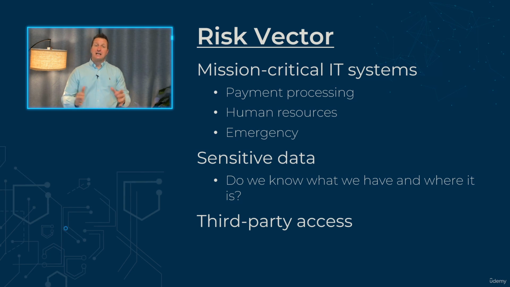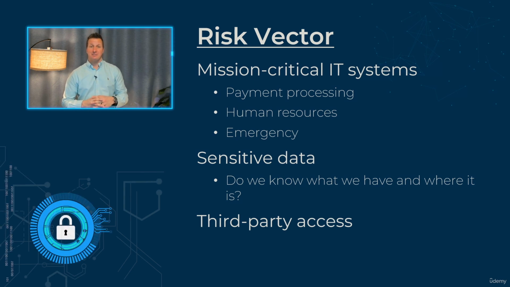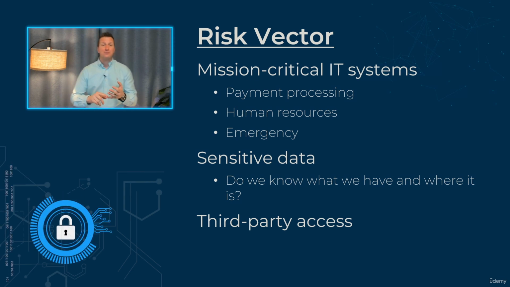An important part of risk management is understanding risk vectors. Think of things like mission-critical IT systems that might be related to payment processing or internal human resources systems, and of course, things like emergency systems. Think 911. But besides the systems, what about their resultant data? We have to know what data we have and where it resides in order to properly manage any risks related